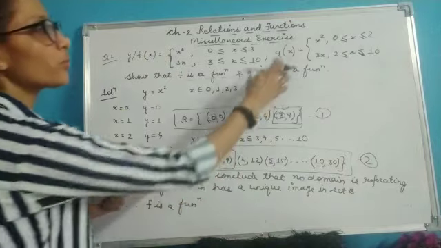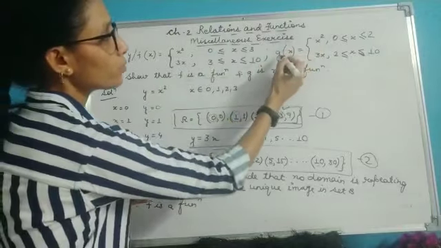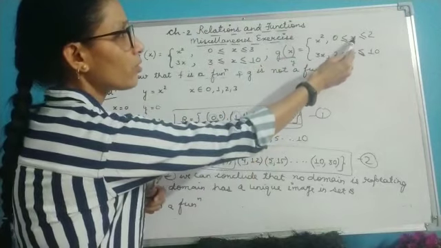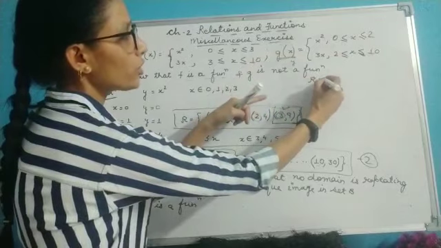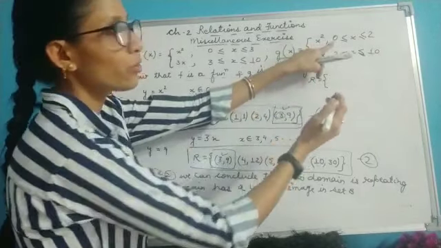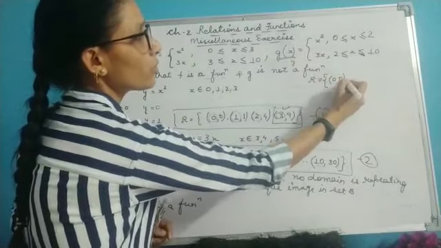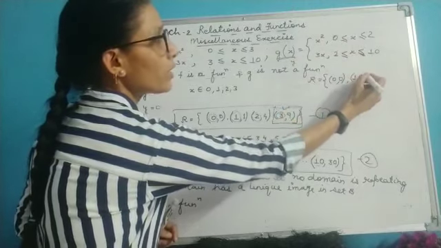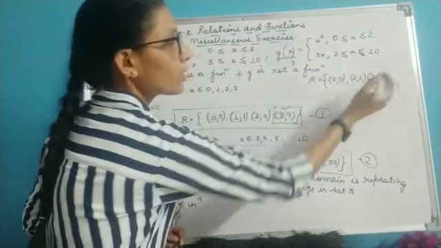Now you see children, for this function, g(x) can again be written as y. So here I can write it as y equal to x square. And here I have the value of x as 0, 1 and 2. So I will form the relation here. If I take the value of x as 0, then I will get y as 0. If I take x as 1, then I will get y as 1. If I take x as 2, then I will get y as 4. This is the relation which I have got from this function.